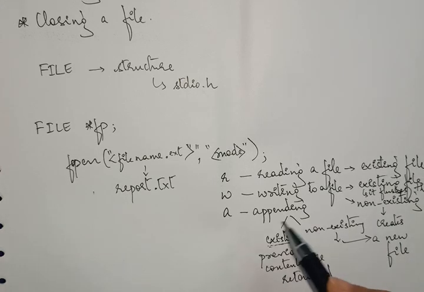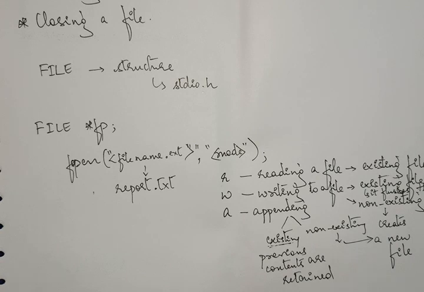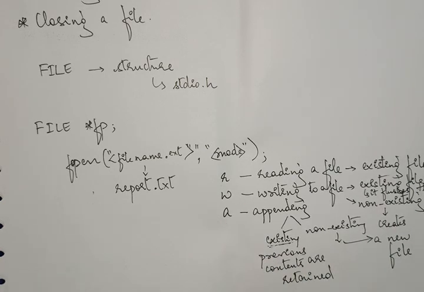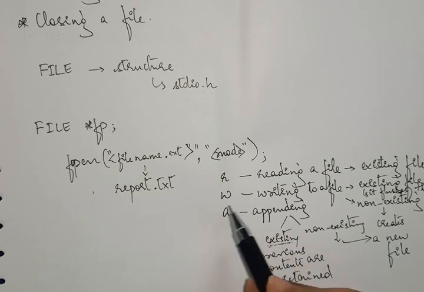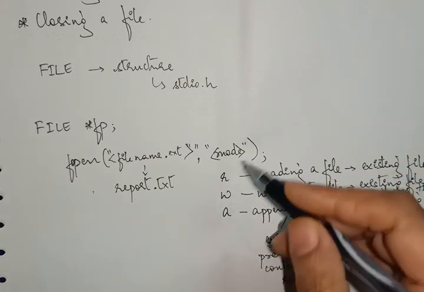Append mode is feasible when you are going to store an everyday report. Suppose at the month end you want to check the complete month's report. Then it is feasible to open a file in append mode such that it appends the data of each day one by one, and you update the same file every day. Whereas if you apply write mode, the previous data's report would be erased. So based on the problem, you will have to choose these modes.